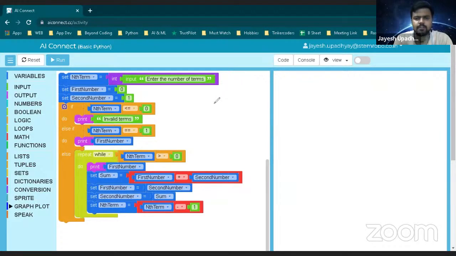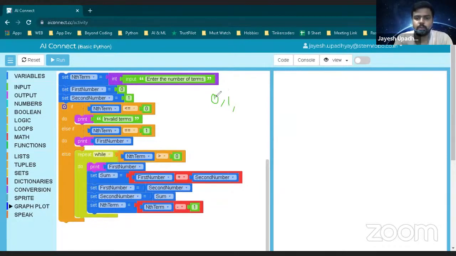We have done it like this: 0, 1 are the initial numbers, the first number and the second number. The next number will be the sum of the preceding two numbers. 0 plus 1 is 1.